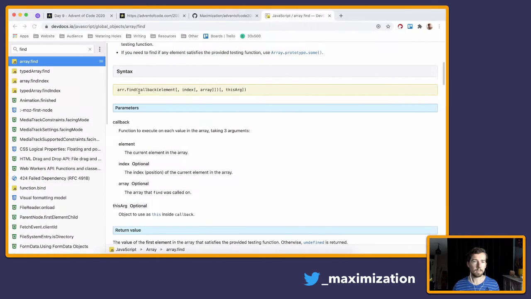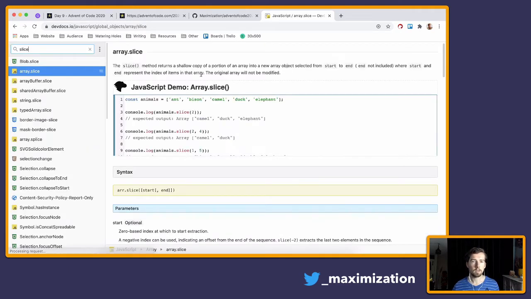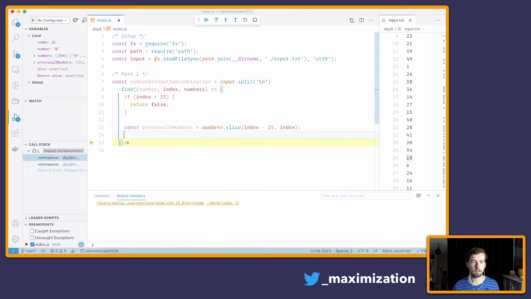And I think slice does not modify the array in place. You're just returning a copy, so it's not going to affect other iterations. Shallow copy. Okay, that's good. So now we have our previous 25 numbers, and we have the number we need to find the sum combination for. So we just go